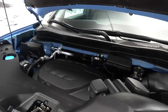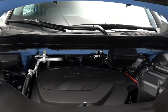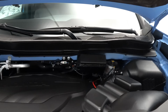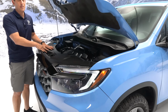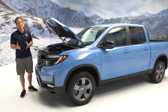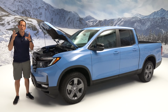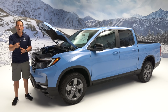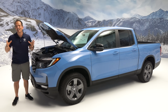You could tow, like I said, 5,000 pounds. It's got a payload capacity of 1,583 pounds. So nice to see the continuation of the naturally aspirated V6. I really think that this is a big key point for model year 2024 because guess what? A lot of the competition is switching or has switched over to that smaller displacement turbocharged power plant. But why don't we go ahead, let's get into the interior because there's some pretty big changes in this midsize